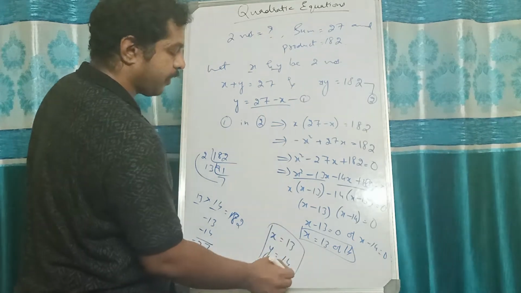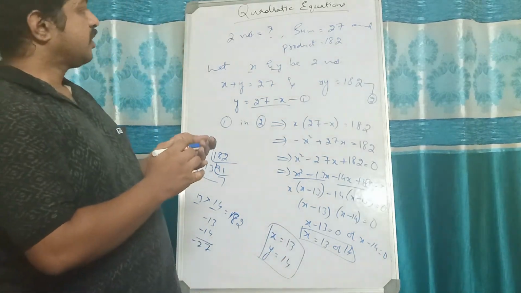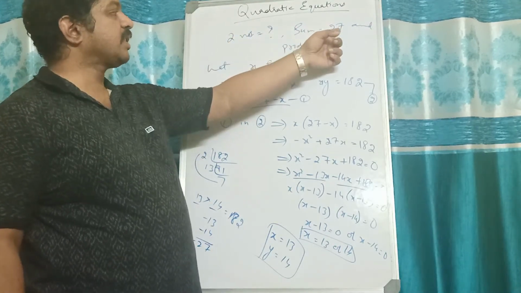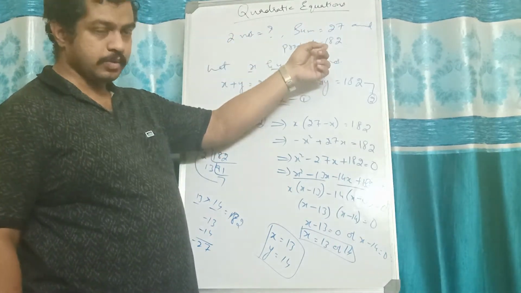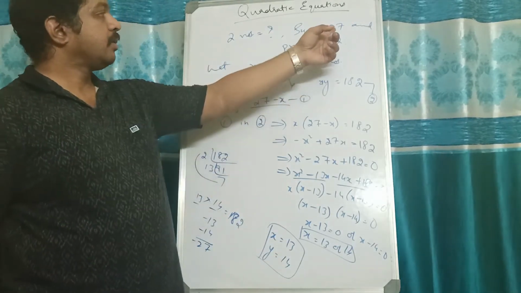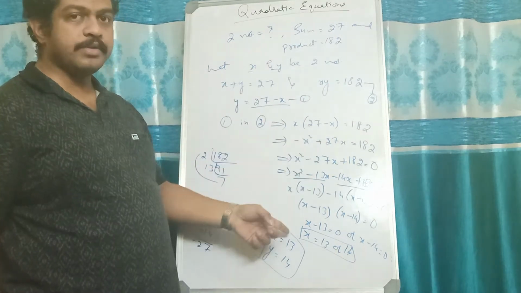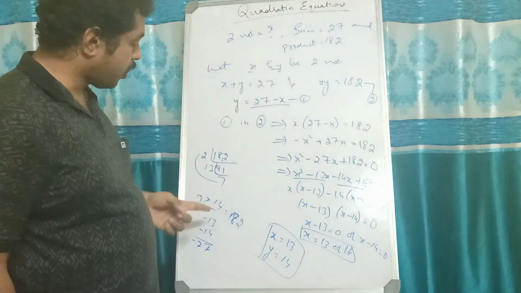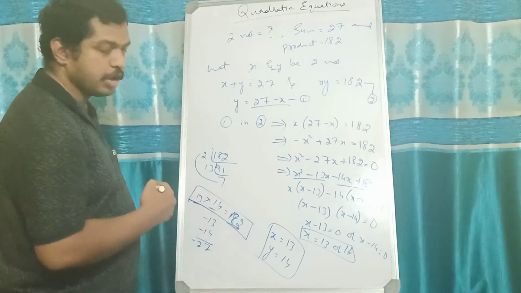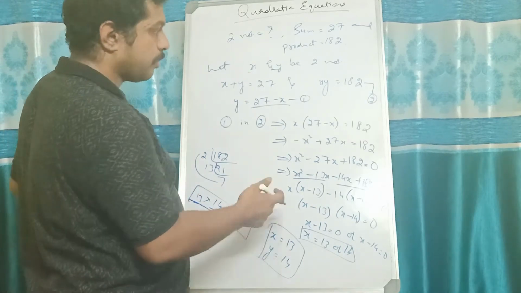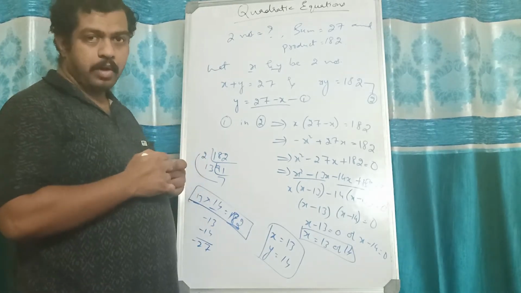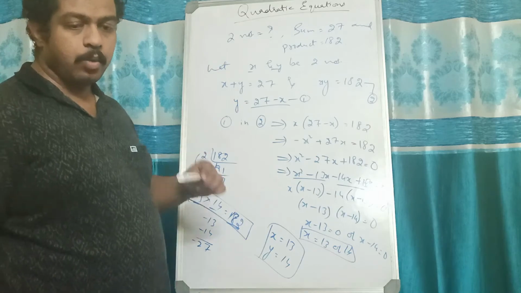And if you want the verification, you can always do it. They are saying that there are two numbers such that their sum is 27 and the product is 182, right? So find its sum. 13 plus 14, as we have seen here, is 27. The sum of these numbers is 27, and the product, we have already seen that 13 times 14 is 182, right? So the required numbers are 13 and 14. This is how we do one of the application based problems. Okay, right, we'll take one more.